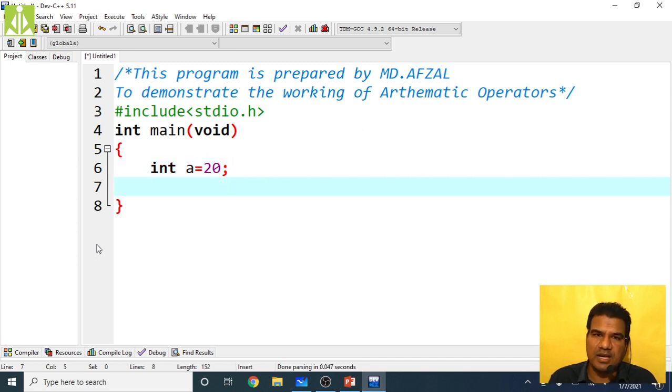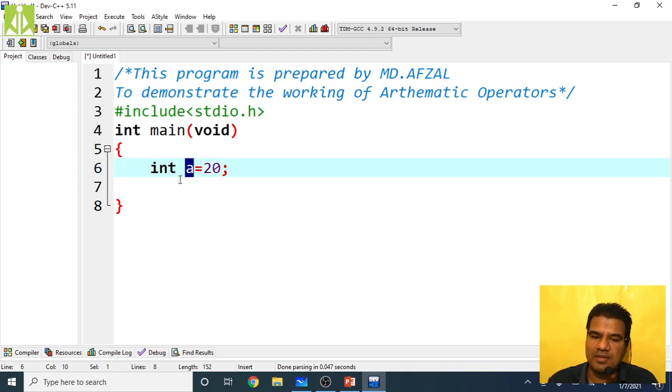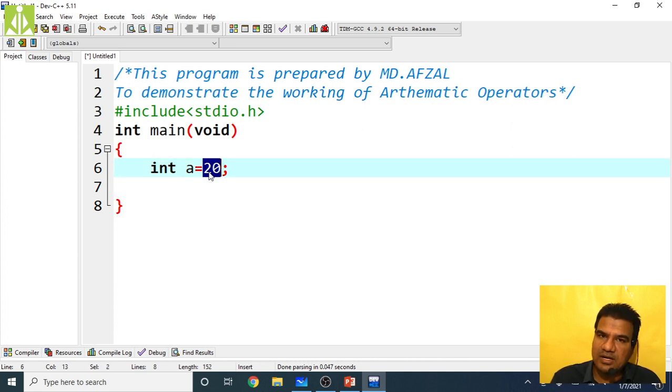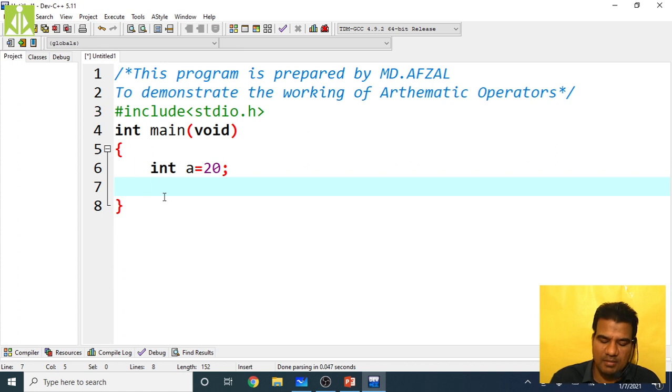A is my variable name, that is the declaration. Specifying the type, integer, is the definition. Assigning the value 20 is the initialization. This is my constant literal, which I am assigning to a variable of type integer. Like this you can remember.